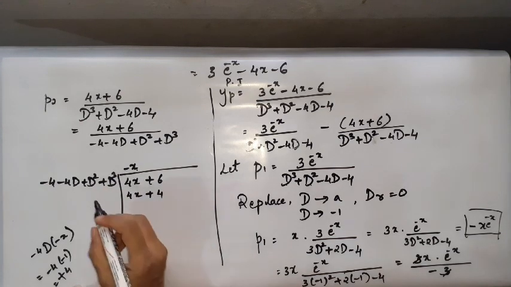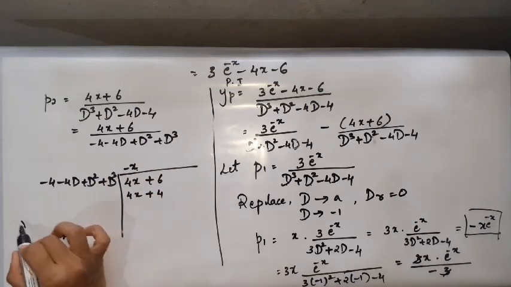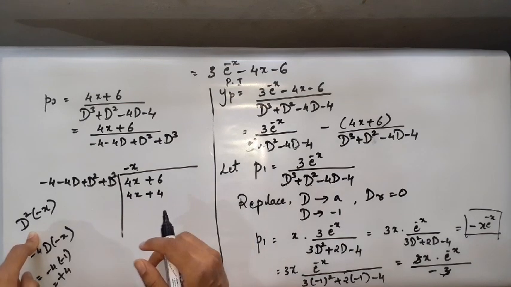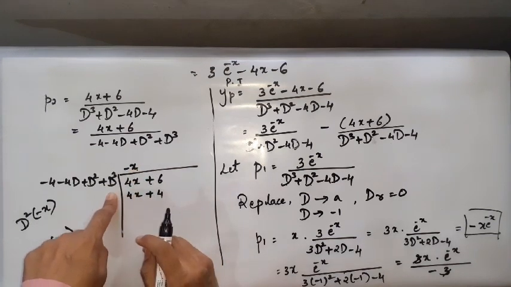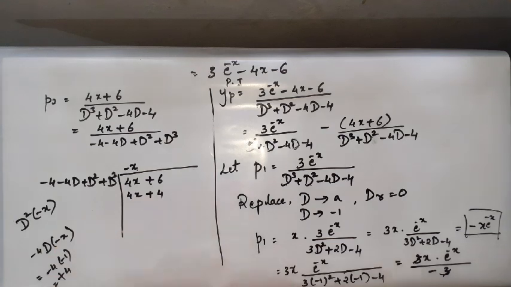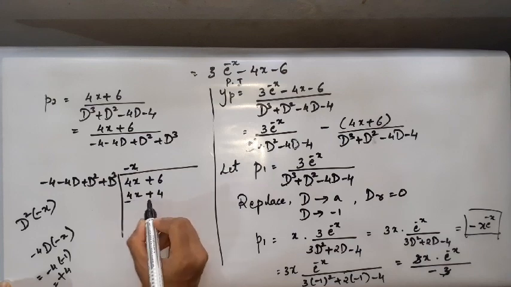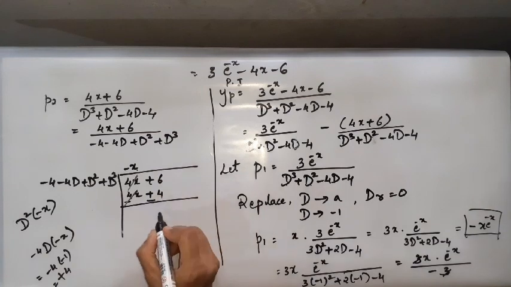Okay. Now, for next term, you have to multiply d square with minus x. So it is d square of minus x. Obviously, you can take first derivative of minus x. Minus x first derivative will be minus 1. Second derivative will be 0. Similarly, if you multiply d cube with minus x, the third derivative of minus x will again be 0. So need not write this multiplication for d square and d cube with this minus x over here. They are zeros, so we need not write that. So we'll simply change the signs and add, so you get 0 here. They both get cancelled and 6 minus 4 becomes 2.